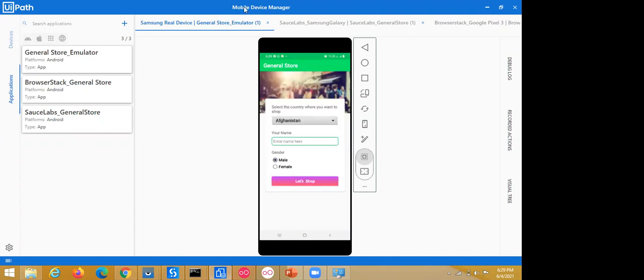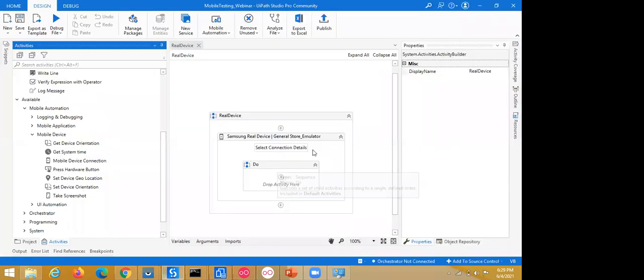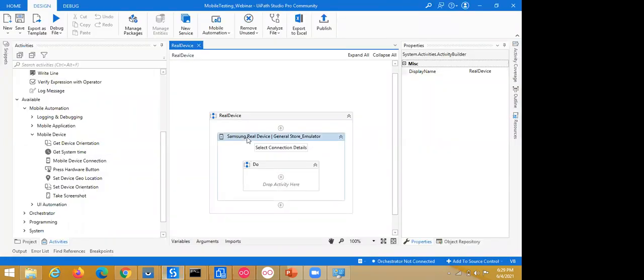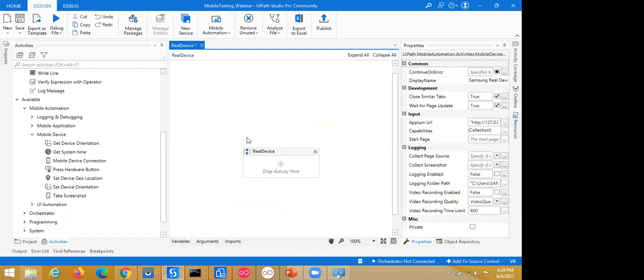Using these steps you can configure any real device with your setup if you want to automate.